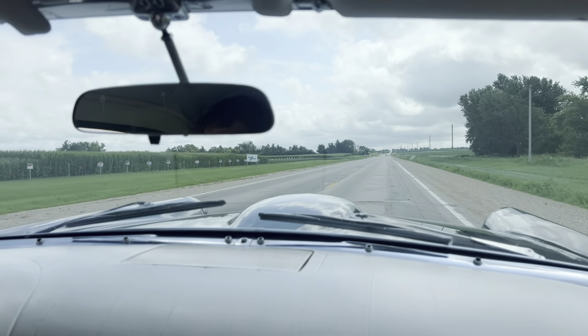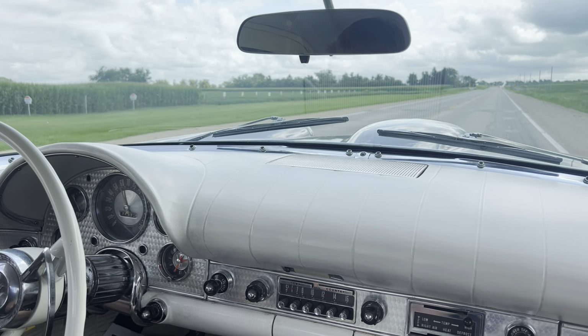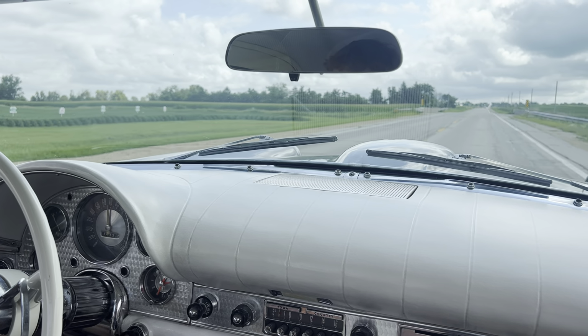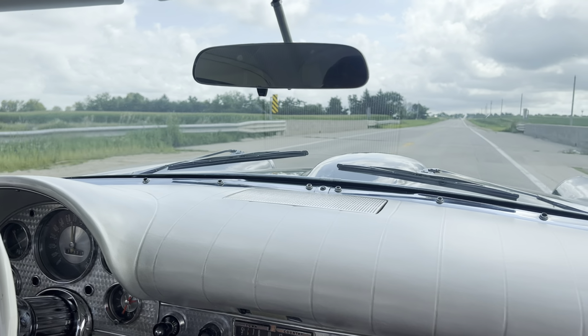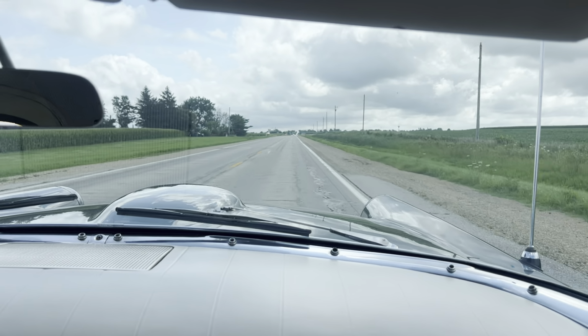Smooth. The gas gauge says right at E. I think we're on the verge of not having enough gas in it, so we're not going to get on it too much. But great car,